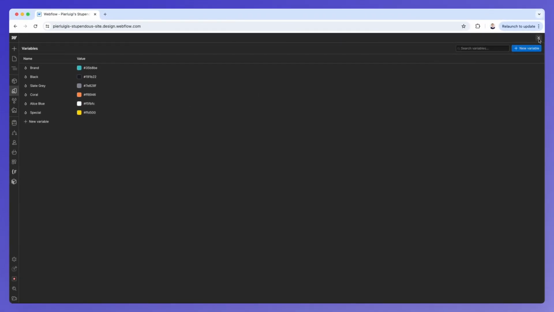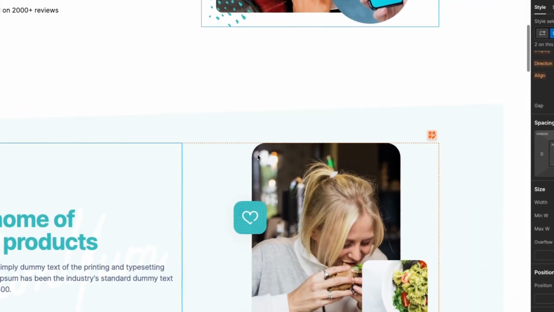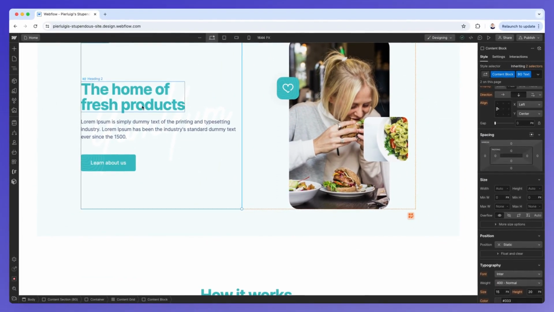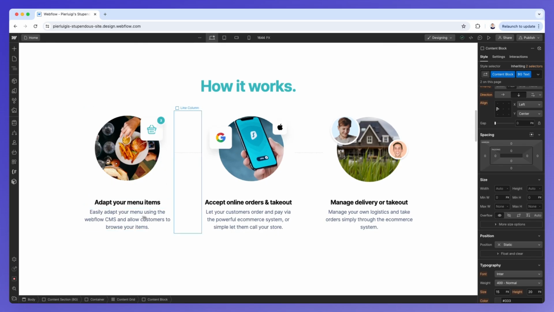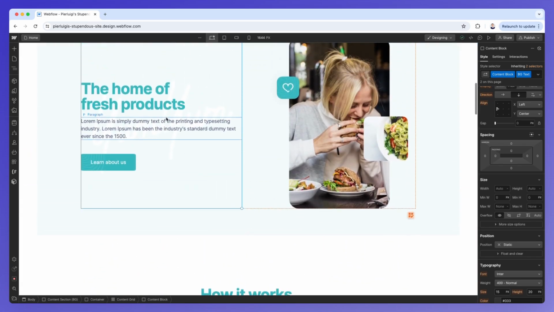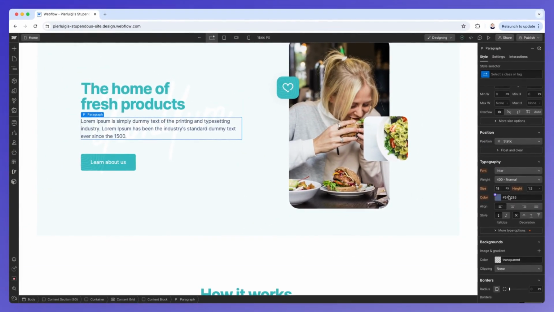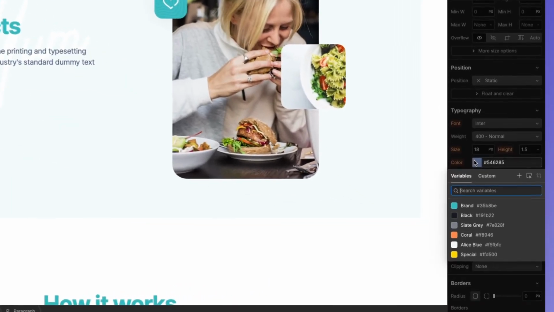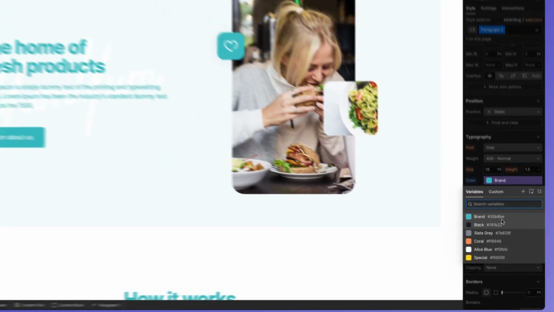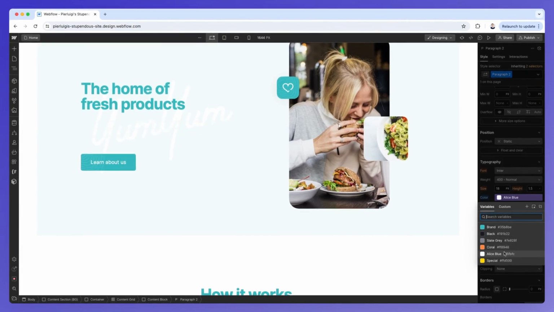And now that we have this new variable, say that I want to apply this color to just this paragraph text and also these ones below. I can simply click on the paragraph in order to select it, and under the color, as you can see, the moment that I hover over this input field, you're going to see this small purple call to action, which I can click, and now I'm going to have access to all of the variables, including the special one which